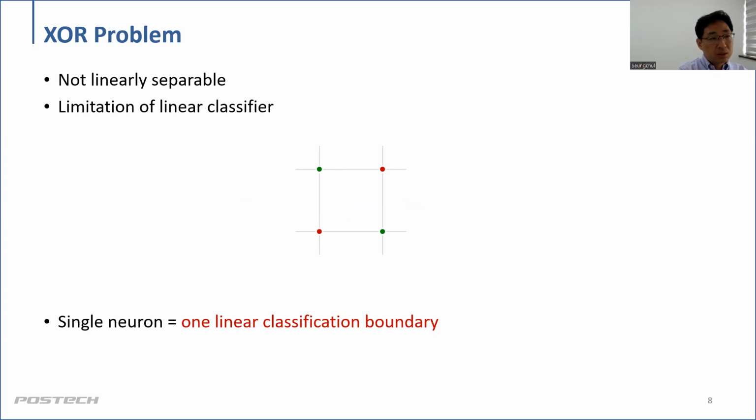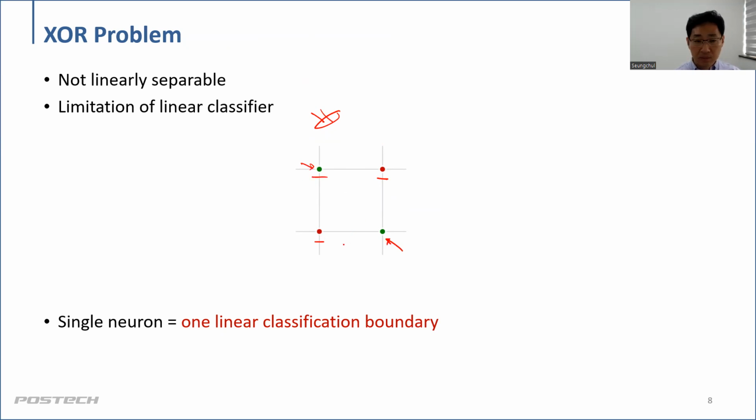As a motivation, there are some famous problems. We call them XOR problems, and you don't have to know what XOR means. Suppose we have four data points like this, and use different colors to represent different labels. I would say the label of these two data points is red, as opposed to these two,